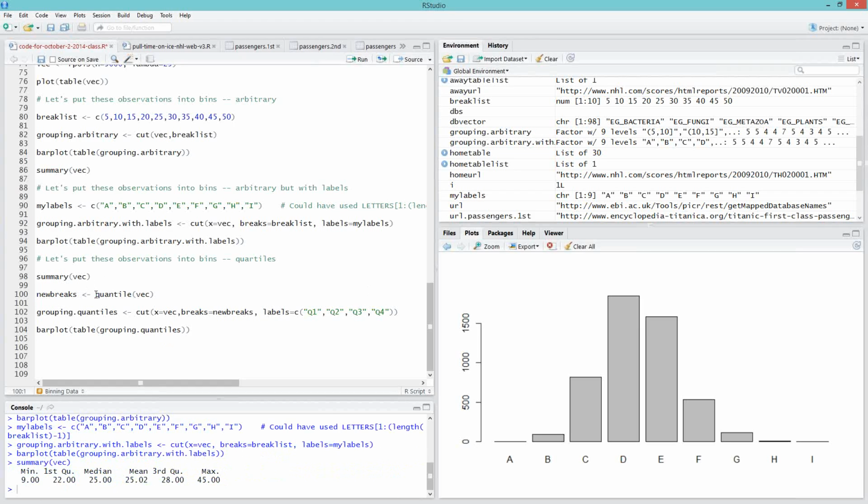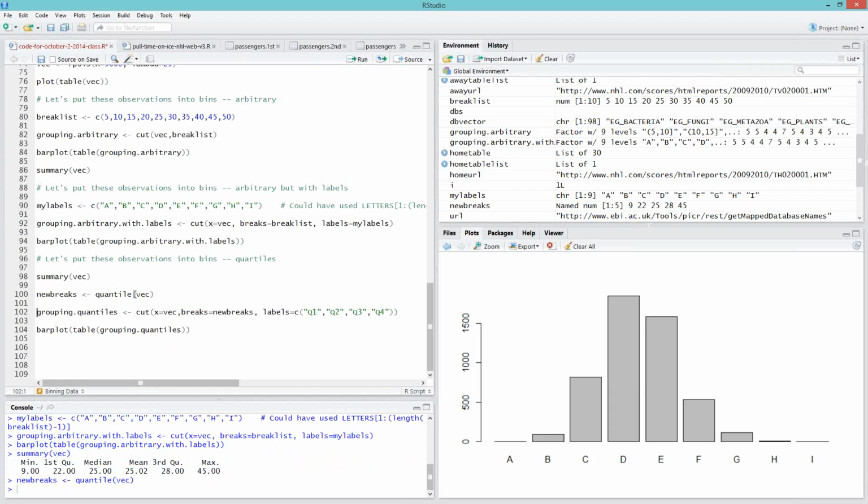There's also the quantile function, and what that does is it gives you the cutoff for a particular percentile. But if you don't tell it what percentile you're interested in, if you just run the quantile function on a vector, it gives you those same quartiles. So the summary function gave us the mean as well, right? If we look down here, it gave us the mean. But when we're working with quartiles, we don't care about the mean. So if I do quantiles instead,